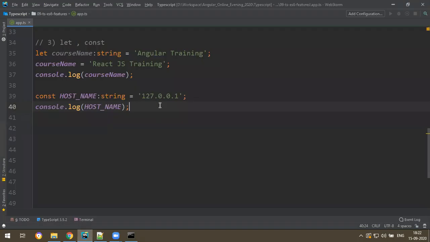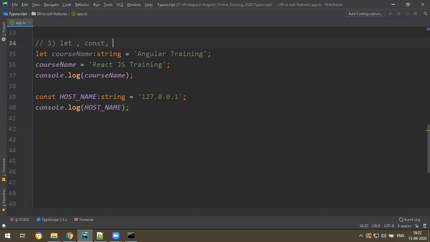Okay, that's fine. One more thing, sir. Previously we used to write the var keyword. So why are we not writing the var keyword, and why are we writing let and constant only? What is the benefit if you write the let keyword instead of the var keyword? I can say var is outdated. I mean, var is just up to the ES5 version. From ES6 onwards, people are using let.